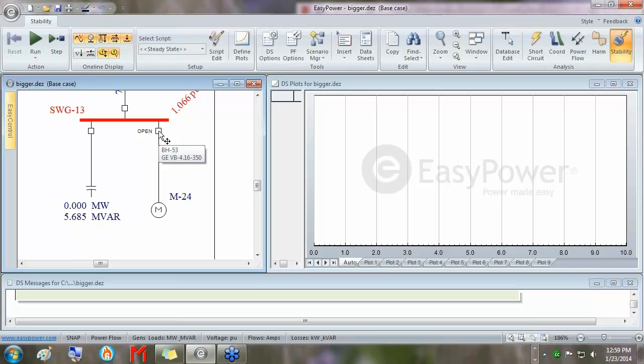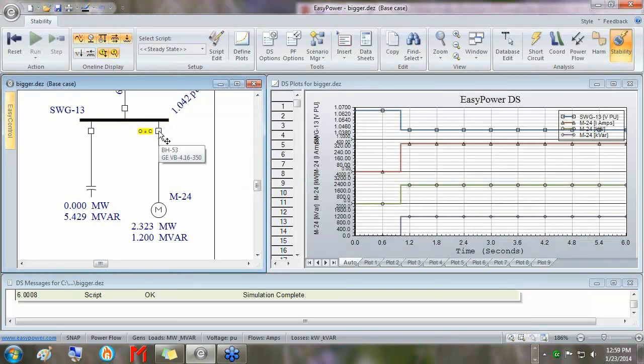So what it's going to do is run for us. I'll show you this in the actual dynamic stability options, but it's going to run for a second, then it's going to start the motor, which of course has no information about starting current or any inrush conditions or anything, and it's going to literally just throw the load of the motor back on at 1 second and then run for 6 seconds. So if we blow this plot up,